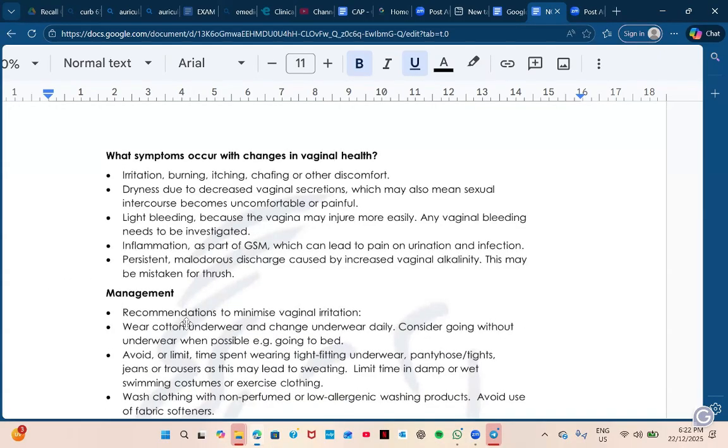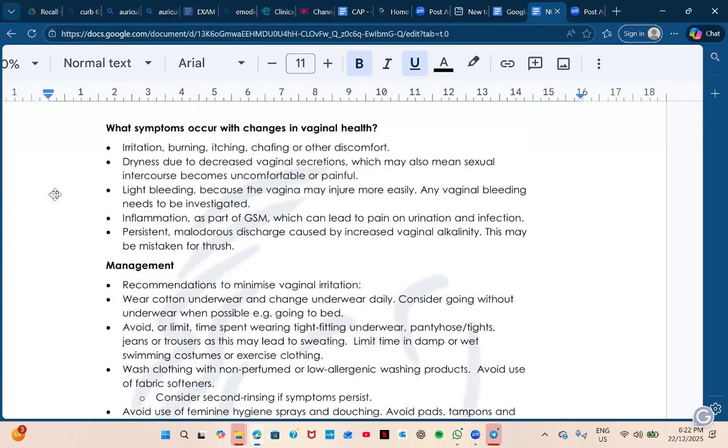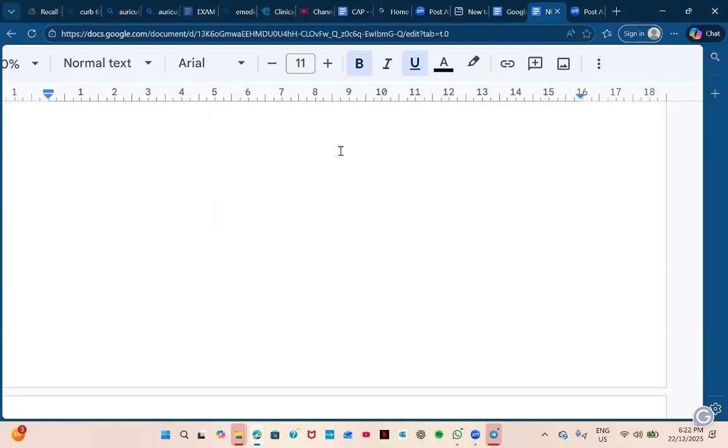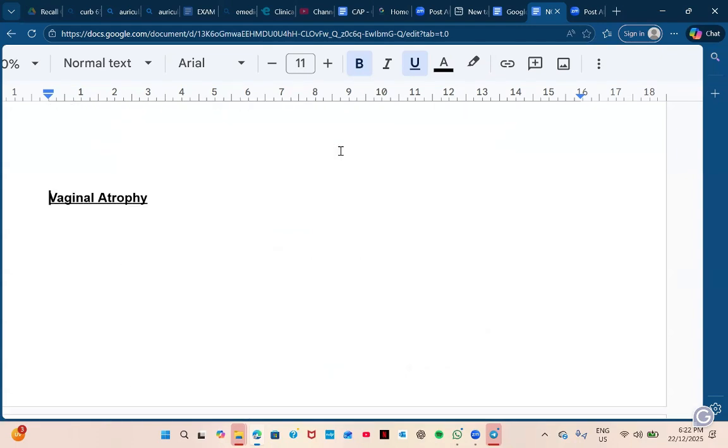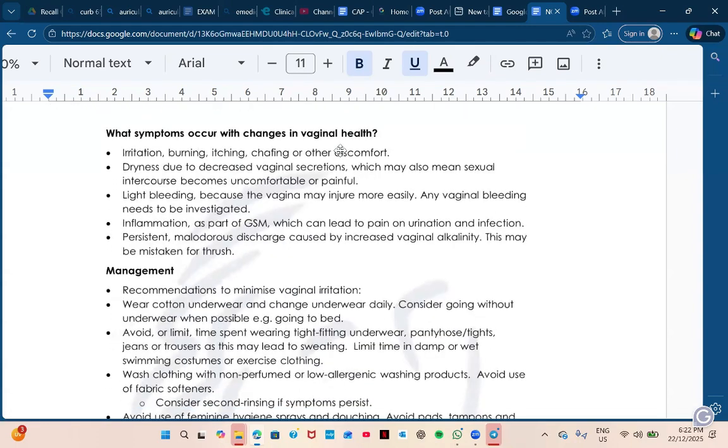Okay, so what symptoms occur with change in vaginal health? Irritation, burning, itching. This is for postmenopausal women. I got it from one of the Australian guidelines. I haven't added the link because I have a screenshot and added it. So, irritation, burning, itching, and dryness due to decreased vaginal secretion, which may also mean sexual